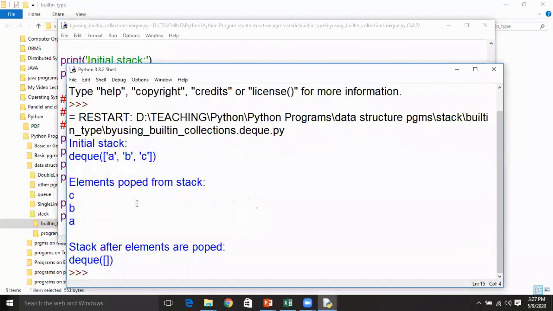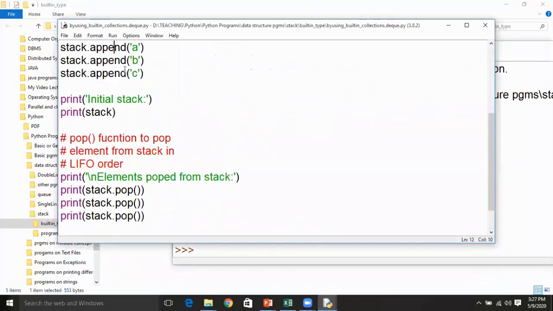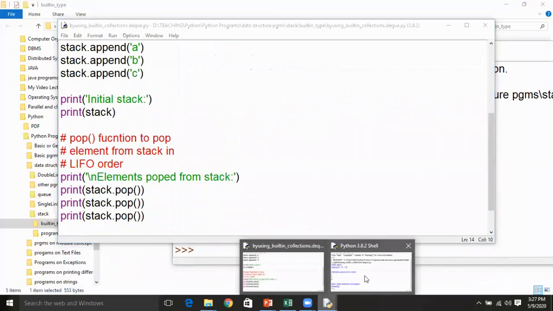See, it's executed. This deque is initialized with A, B, C. Then you have popped the elements, so C is popped out first, because C is the one which we appended last to the stack.